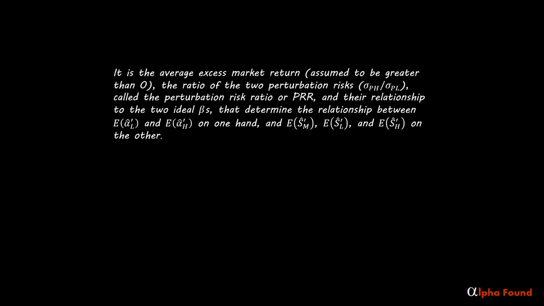Remember that we are still assuming that the average perturbation over time is 0, but not 0 in any given time period. Let's derive the condition of scenario 1. After the derivation is finished, it might take some review to understand it fully. Scenario 1 has expected alpha of the low CAPM beta portfolio less than 0, which is less than the expected alpha of the high CAPM beta portfolio. And the expected Sharpe ratio of the high CAPM beta portfolio is greater than the expected Sharpe ratio of the market, which is greater than the expected Sharpe ratio of the low CAPM beta portfolio.